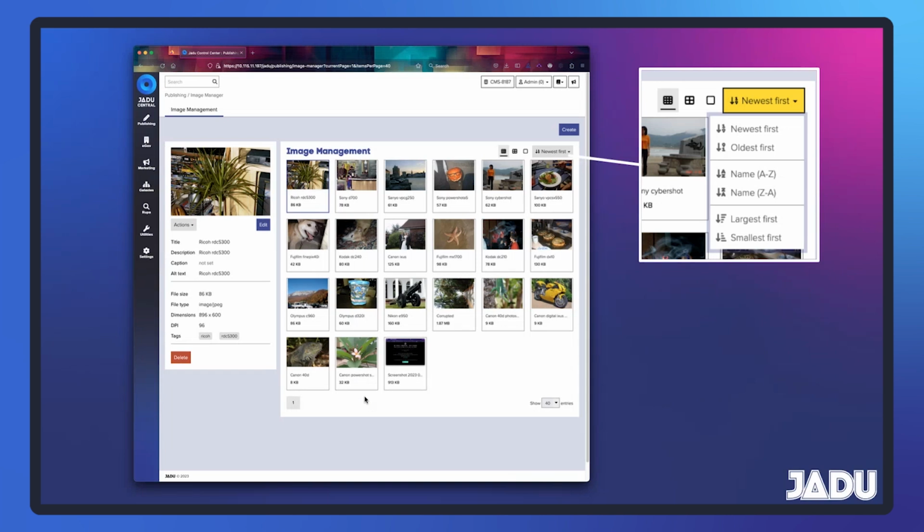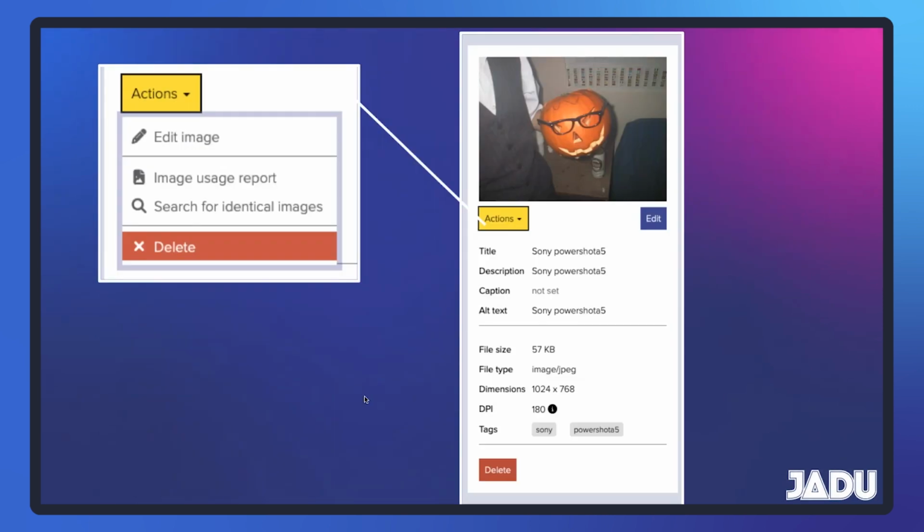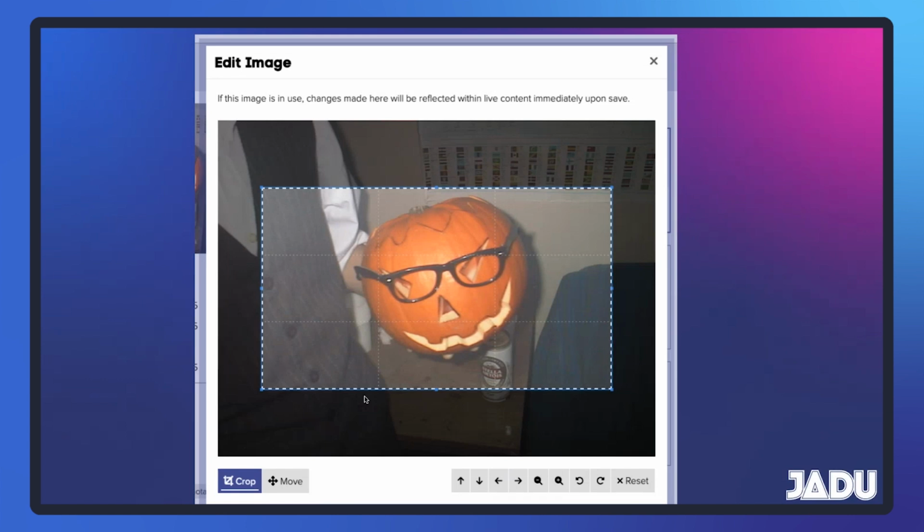We have options around sorting images so that you can quickly find the oldest image on your installation, the largest or the smallest image on your installation. We have got inline tools now for being able to search for where particular images are being used. And we have an edit image option available from that list. If we go over here,